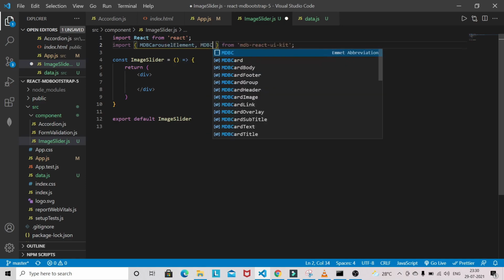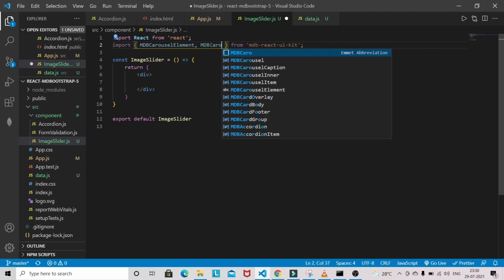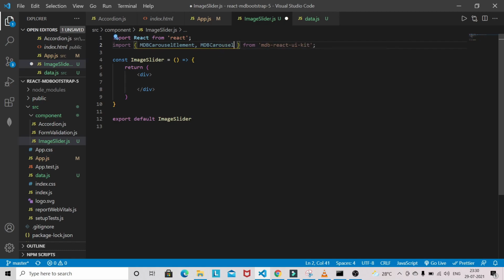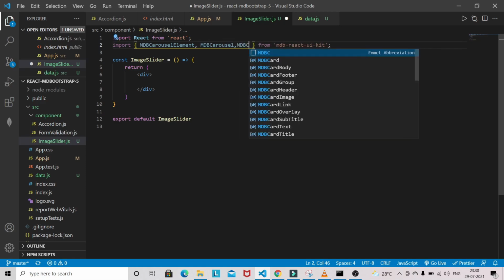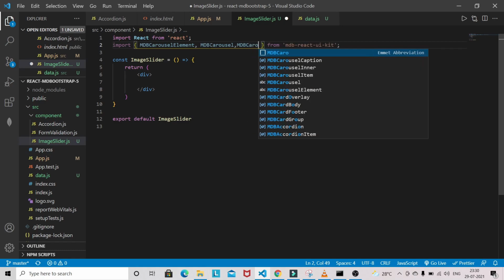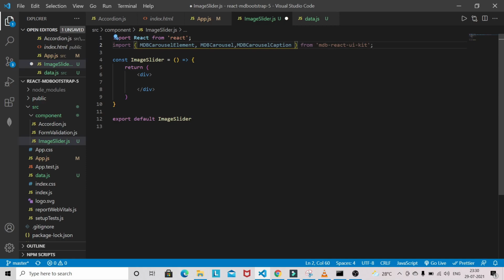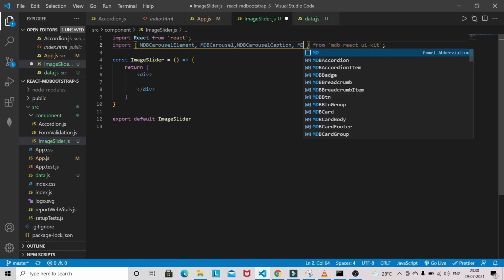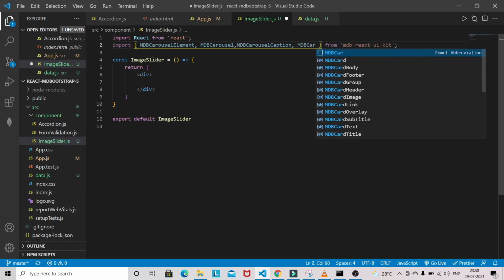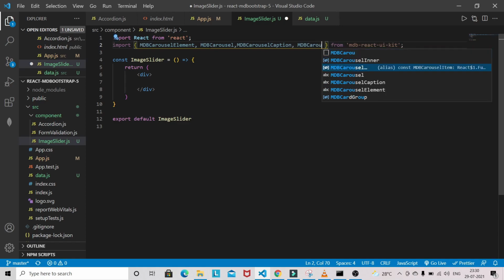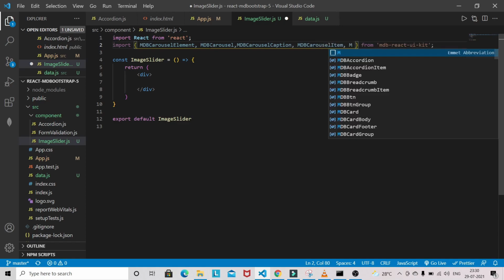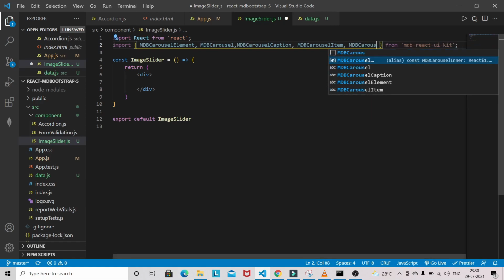MDB carousel. We need here MDB carousel caption, MDB carousel item, and MDB carousel inner.